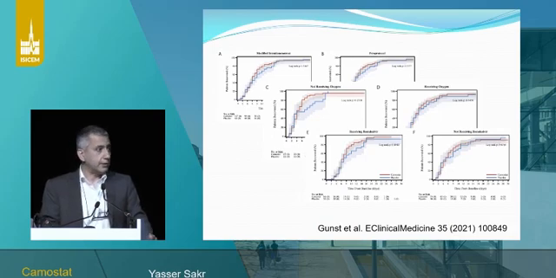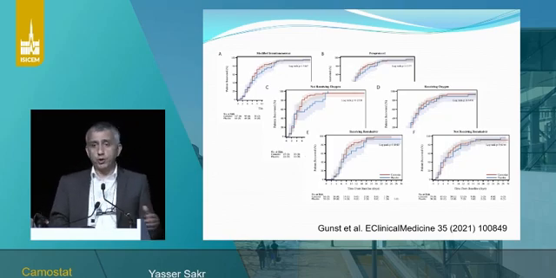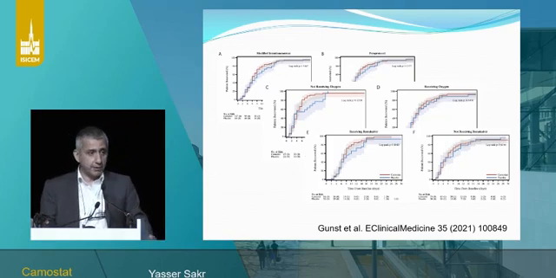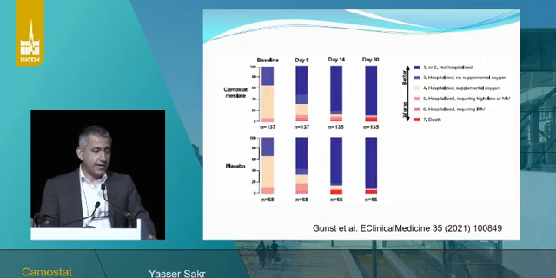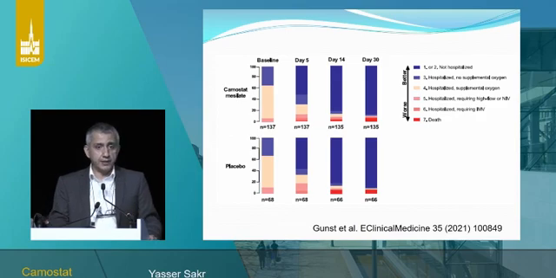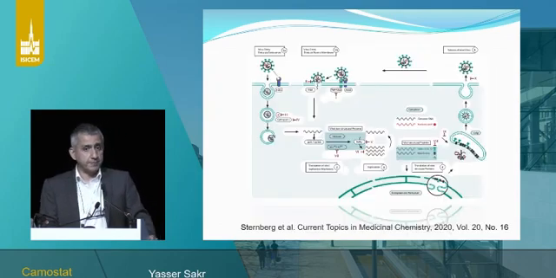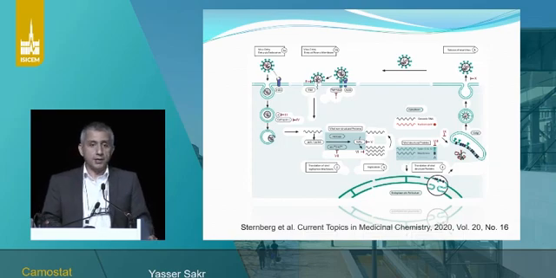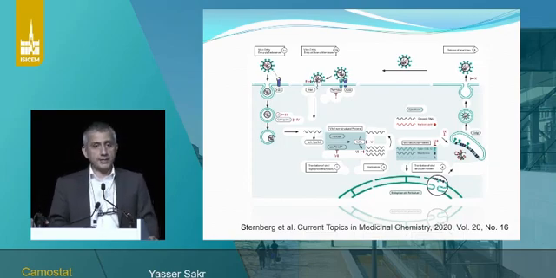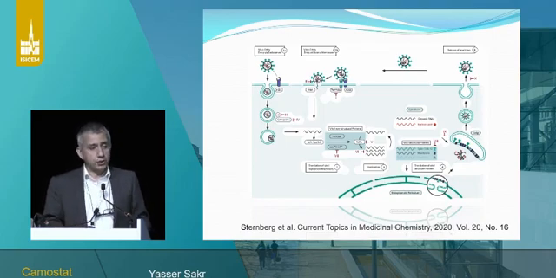And of course, that's a slide that you can see from most trials in critical care medicine: the therapy showing no effects, even if you look at all the subgroups of patients. And of course, it also did not affect the progression of illness. So the question is, why did these patients not benefit from Camostat? Again, I would come back to the pathophysiology, to the mechanisms of action of this drug.